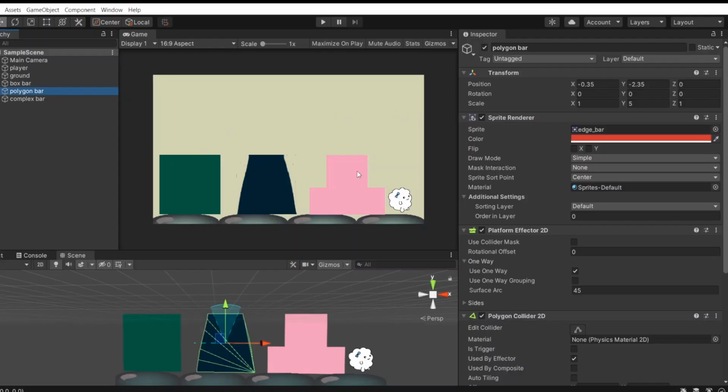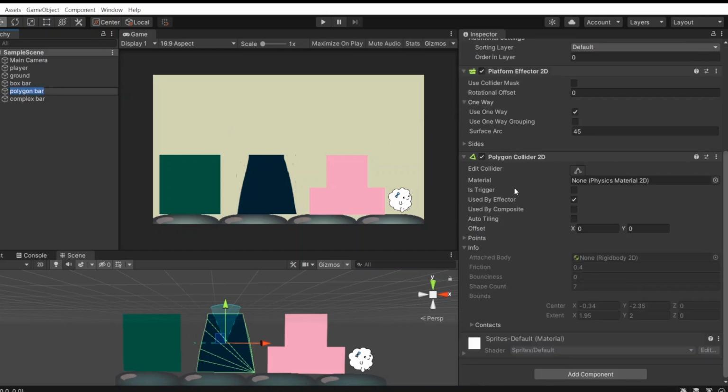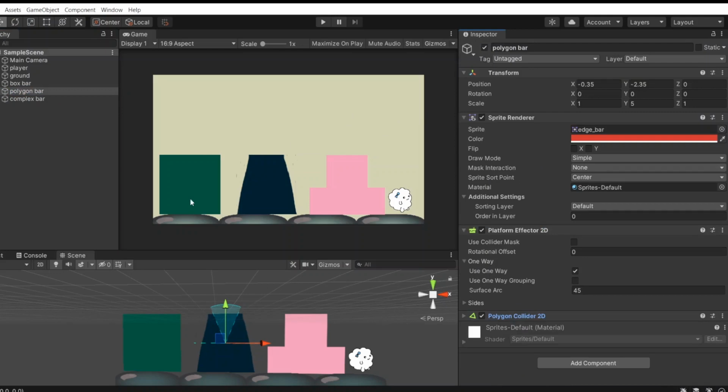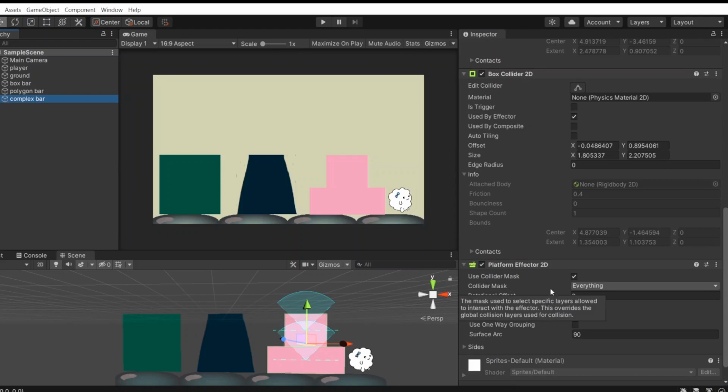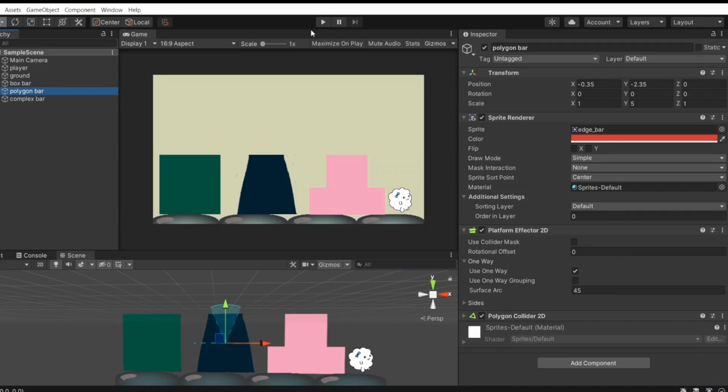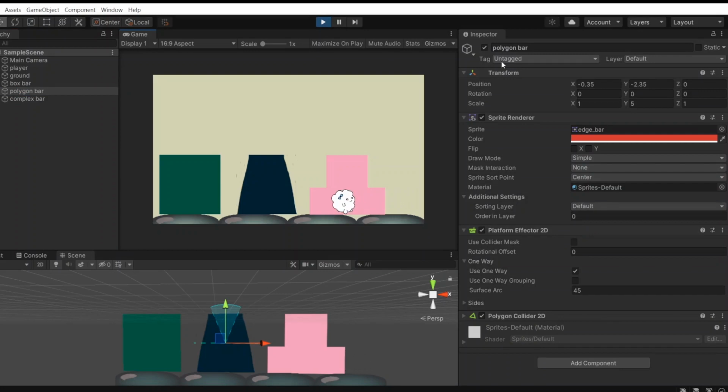To make it easier to understand, let's apply this to more complex sets. One object has a collision set, and the other has a set that is connected by 2 platforms. Let's try interacting with the objects without using one-way collision. For the middle object, it can jump on the top, but still collides with the right side, although the surface arc is less than 180 degrees. For the right object, it can jump on both 2 platforms.